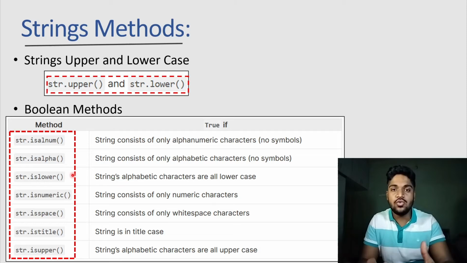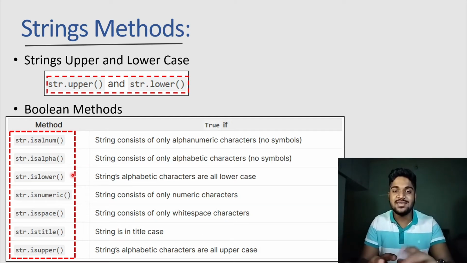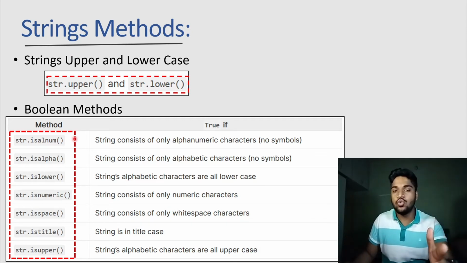This boolean can be used to validate user's input. User's input is something that the user is providing you using their keyboard. Let's say you're asking for a user name, then whatever the user types is called user input, and you can save that to a variable. We'll see that in a bit. So we can use these methods to check if the value is true or false.